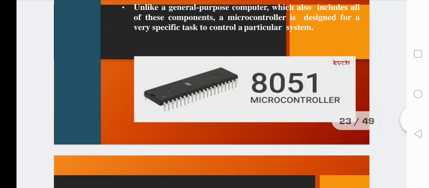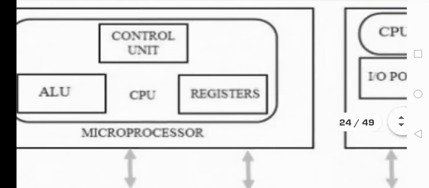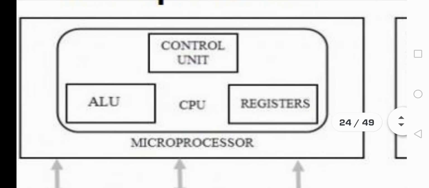This 8051 microcontroller has within it not only the processor, but also the memory and IO provision, whatever is required for normal operation. So this figure simply shows the difference between a processor and a microcontroller. The microprocessor simply has the various subunits, that is the control unit, ALU, registers, and timing and control unit. It does not have memory or an IO device of its own. Whatever memory or IO provision it wants needs to be connected externally.